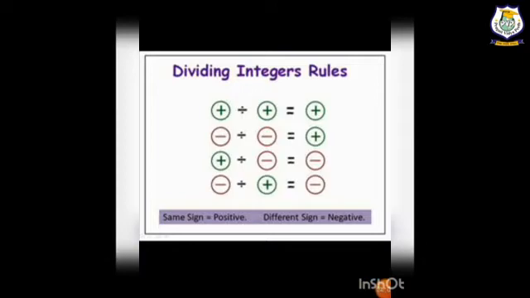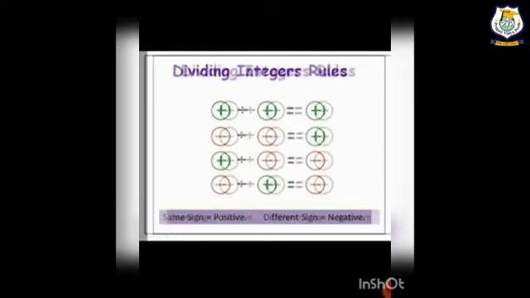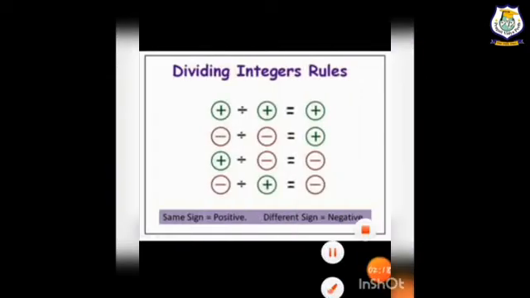Now we will learn about the sign of the division. The sign of the division is exactly the same as the multiplication of integers. Here the first two have the positive sign, and the answer is also with the positive sign, and in the second one both have the negative sign, the answer will also come with the positive sign. It means if we are dividing any two numbers which have the same sign, then we get the answer with the positive sign. And in the third and fourth, if one number is positive and one is negative, then we are getting the negative sign.